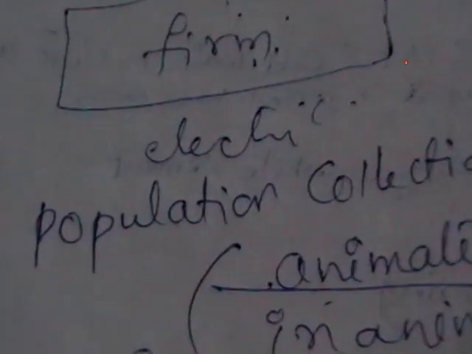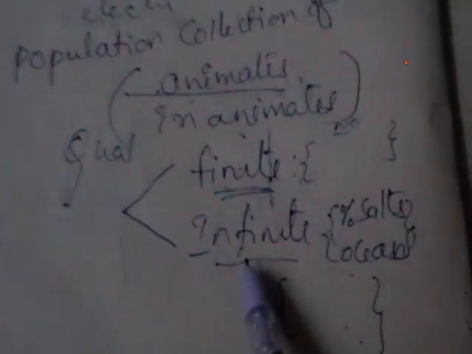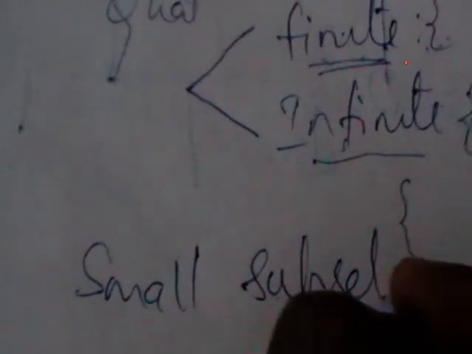But here, in statistics, you should give some terminology to that. So population is nothing but the collection of animates or inanimates under study. To arrive at a decision to accept or reject, whether in the case of a finite or infinite population, we cannot study the entire population. We collect a small subset of the population, which is called a sample. Population is the superset, sample is the subset.